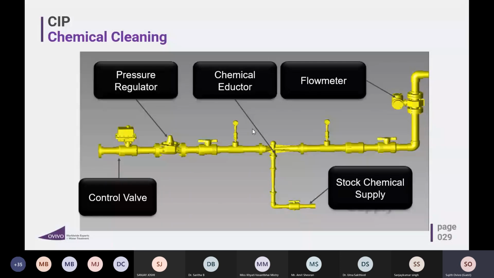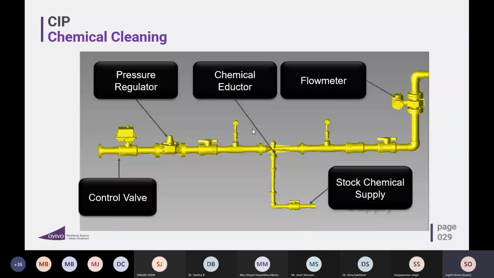It's an ejector venturi. Both are key portions, because for a venturi to function, you need to maintain a pressure of around 1.5 to 2 kg, so that when the water flows from left to right, all of a sudden there is a vacuum created,